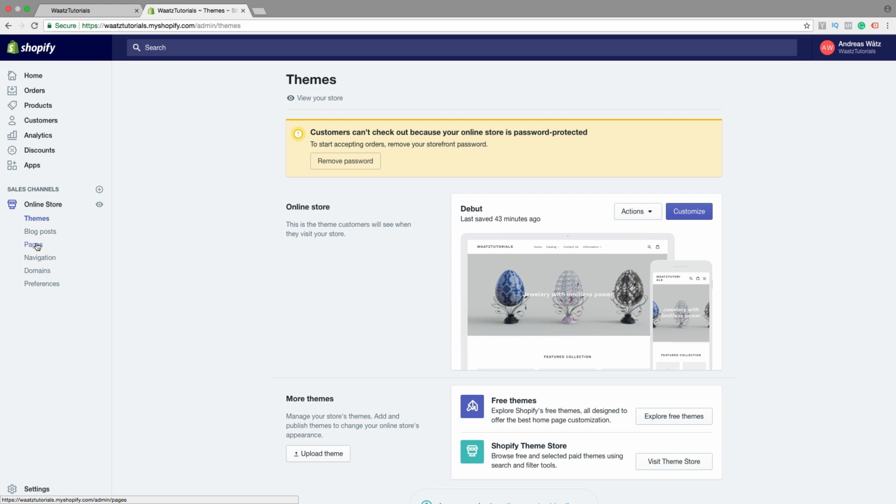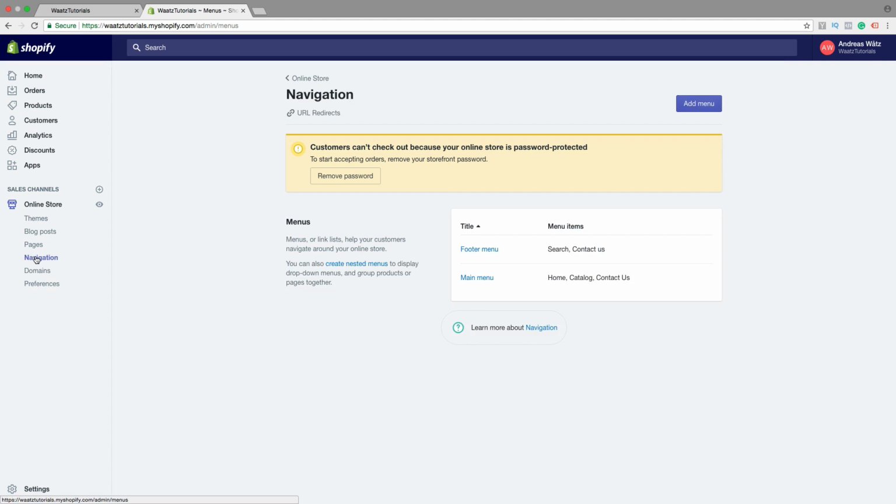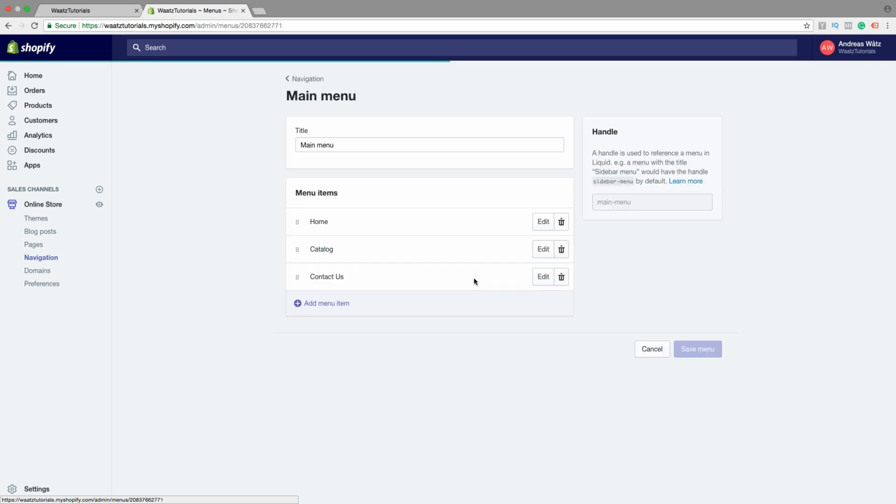So to create the drop-down menu, let's go to navigation. Okay, so first we're gonna have a look at main menu, so just click on main menu. Alright, so here we have the main menu. We got home, catalog, contact us.